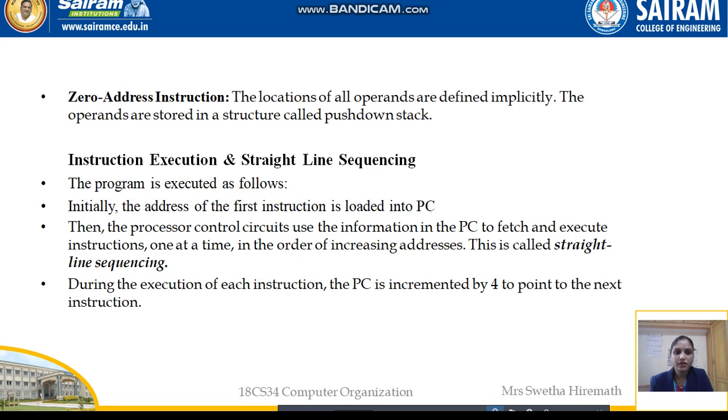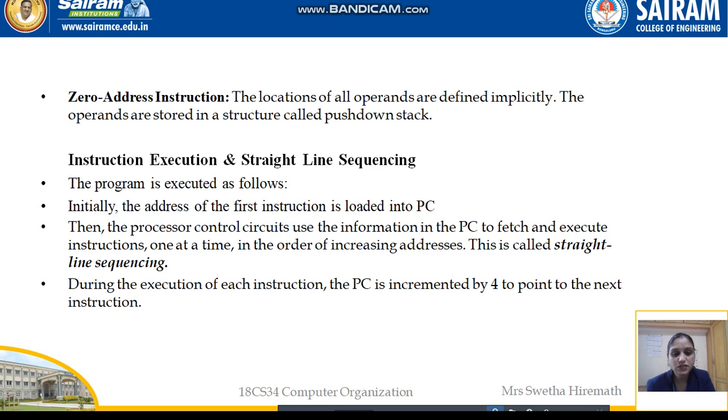If our program consists of five instructions, then PC first will be pointing to the first instruction. If the first instruction requires some read operation from the memory, then that read operation will be performed with the help of the read and write signals generated by the control unit.